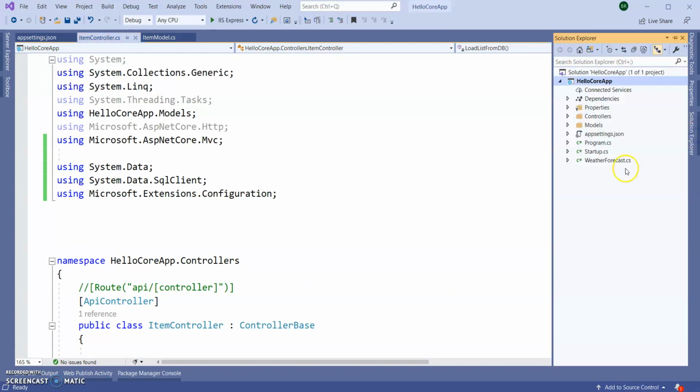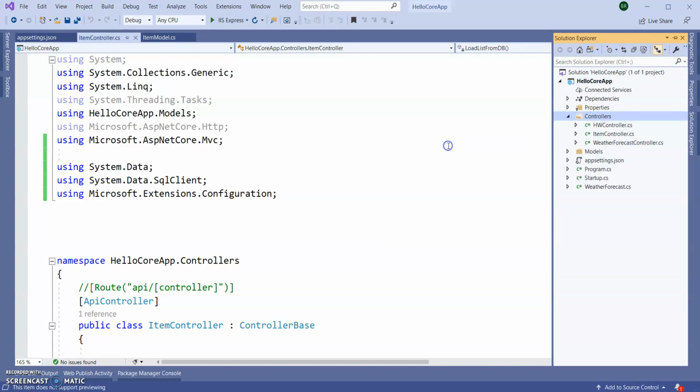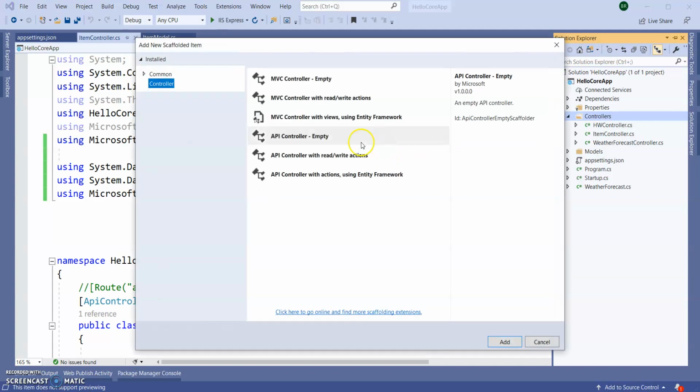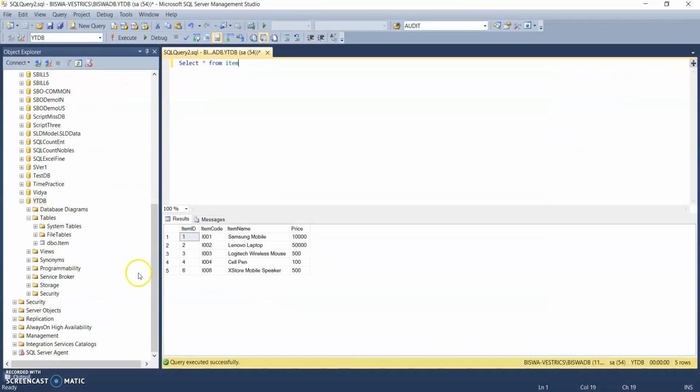Let's add one more controller and do the same operations with Entity Framework Core. In the controller, I am adding one more API controller. I have a DB here, YTDB, and the table name is Item. I'm going to fetch the data from this table and do some insert and delete operations.